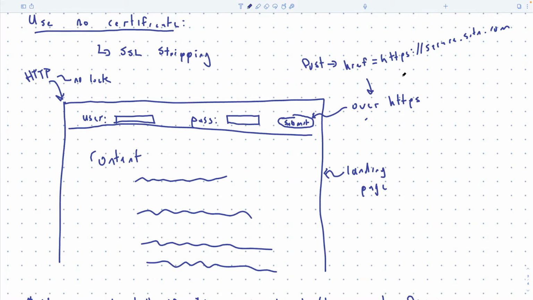How else could I get this password? You can modify the base page and we can get the password as an HTTP POST. Okay, so the only reason the submit button is going over HTTPS is because the HTML has the URL, and the URL is in HTTPS, right? But where did that URL come from? It came from the HTML file. How did the user get the HTML file? Well, it came over HTTP, which means it can be modified.